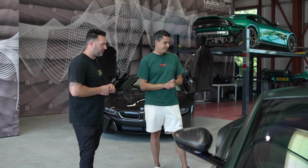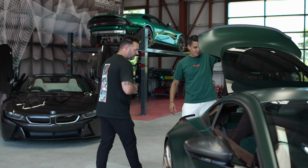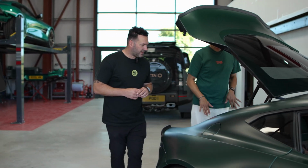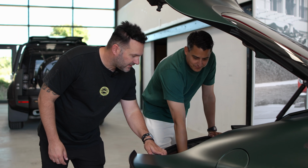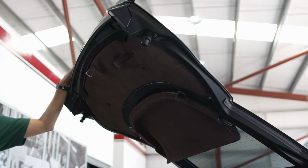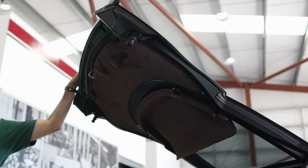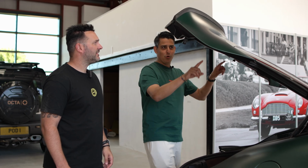So in the back, also cool. We also replaced all carpets for Alcantara. It's a little bit messy now, but we have made a wooden panel. And this one isn't finished yet, because this is the prototype. Here we will put back the umbrella, but we need to make some leather straps. Okay. And the cool thing is,